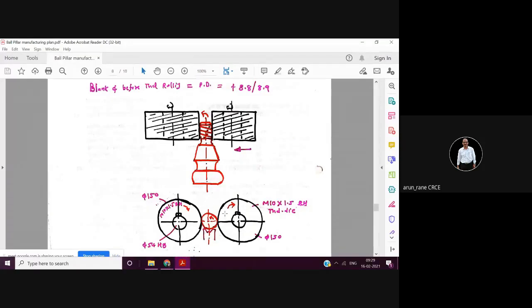See, this is what I have shown here. This one is stationary. Stationary means it is rotating, but it doesn't move in the radial direction. Another die is rotating as well as it moves in the radial direction. So this is what is called the radial infeed. Infeed means this die is coming inside, and the moment the threading is done, again it is retracted. So it goes to its home position.